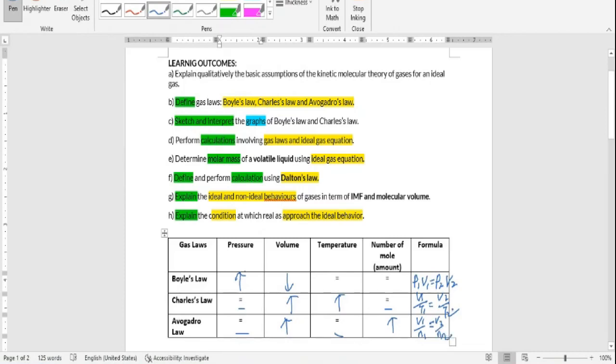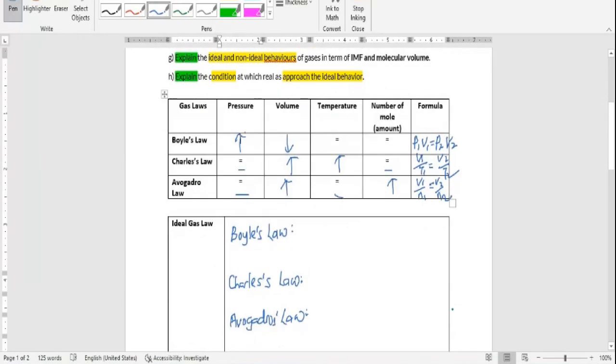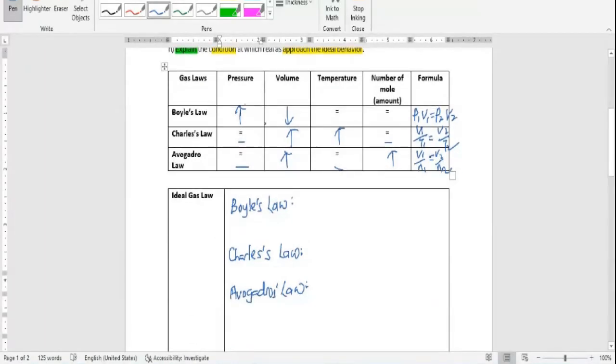Until now, do you get the idea about Charles' law, Avogadro's law, and Boyle's law? Yes, ma'am. Okay, now we check. Boyle's law is V directly proportional to 1 over P. Here V is directly proportional to T, and here V is directly proportional to n, because all are related to volume. So V is inversely proportional to pressure, directly proportional to temperature, and directly proportional to the number of moles,